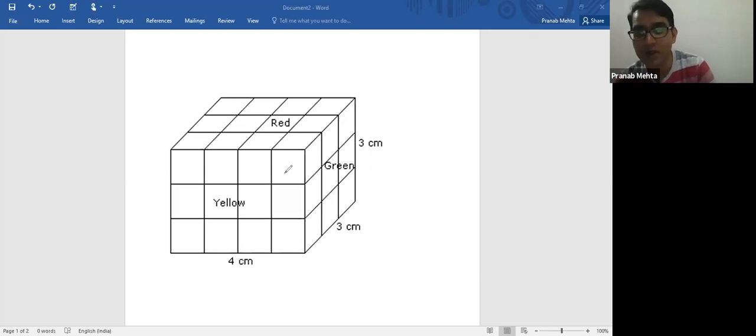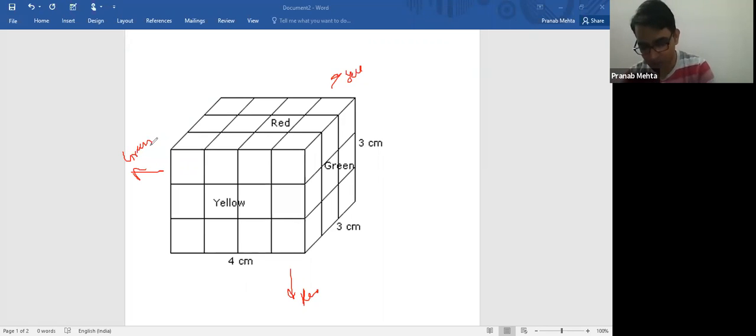And from where we give a cut, from the information they have given us: the opposite faces of the dimension 4 and 3 are colored yellow. So this is 4 and this is 3, yellow. So the opposite side will be yellow. Remember, so this becomes yellow. This is red, top is red. So bottom will be red. And this is green. So opposite of this will be green once again. This is something we have to keep in mind.